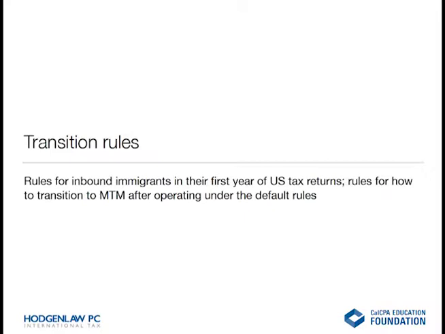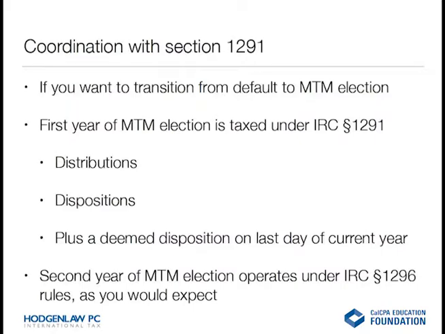Okay, so there's a couple different ones that I want to cover. First is the coordination with Section 1291, and this is the one that's covered in Section 1296(j). I mentioned this one previously. So this is the one that you use if you've been operating under the default method and you realize a